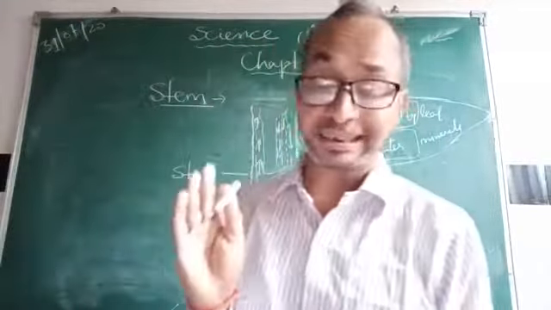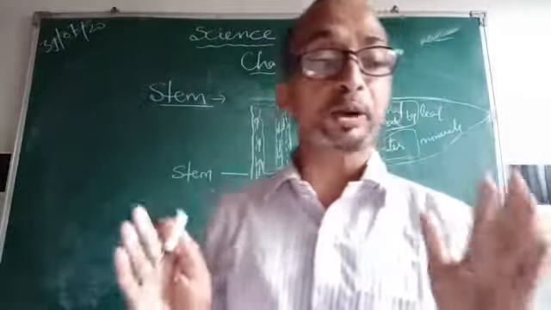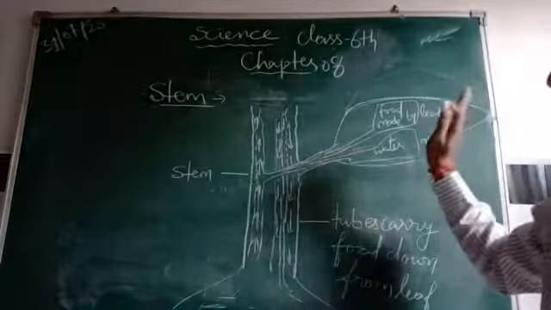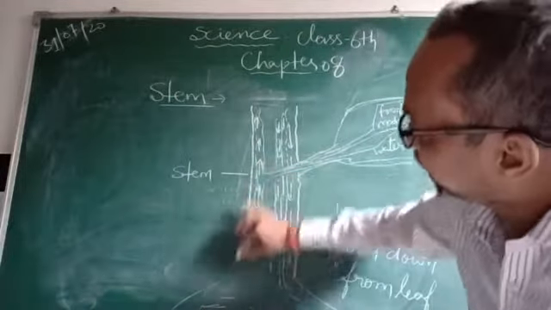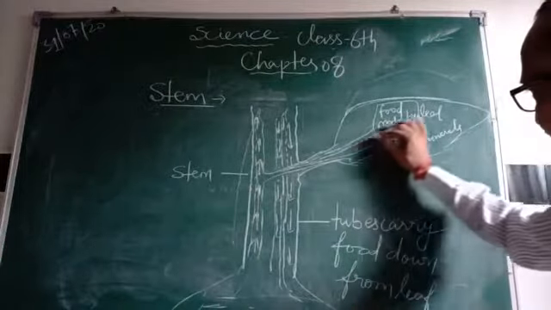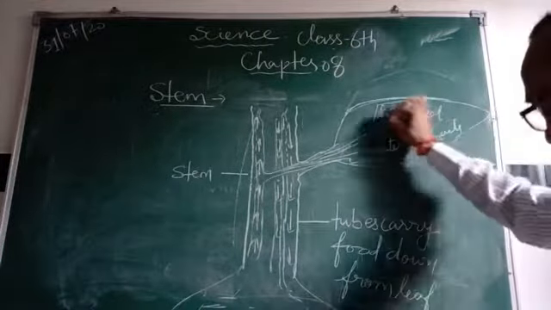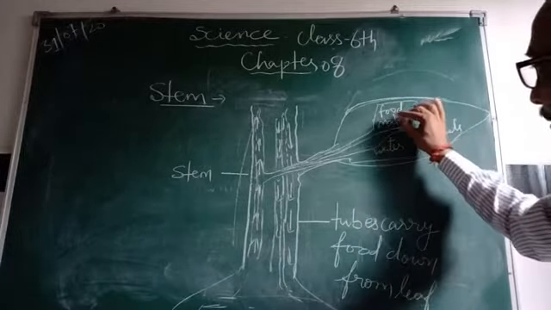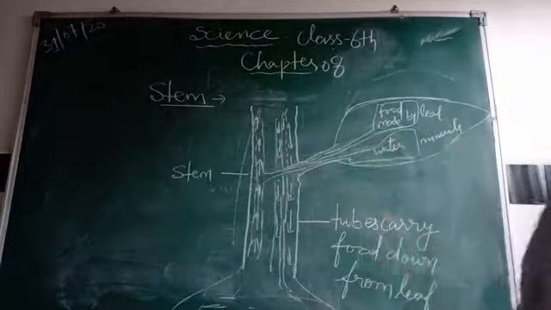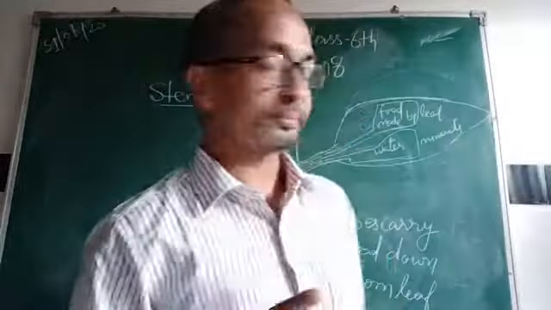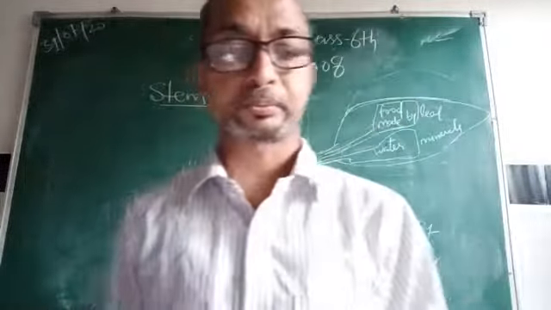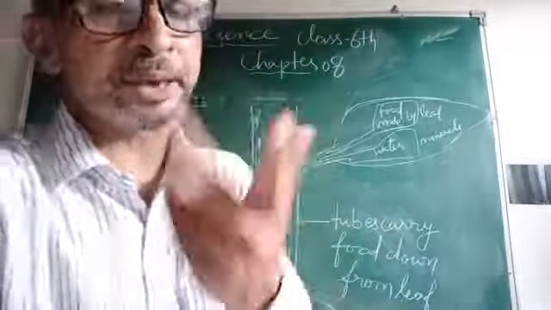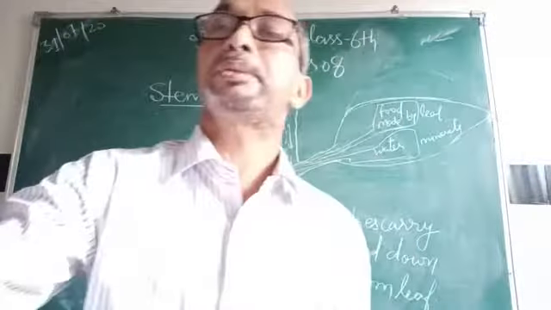So what is a leaf? For instance, the part of a plant which rises vertically up from the ground is called stem. These are known as a stem. This is the soil. This is a leaf. In the leaf, food is made when sun, water and minerals reach the leaf. So the main functions of the stem of a plant are as follows. What is the main function of the stems? Here are the main functions of the stems.